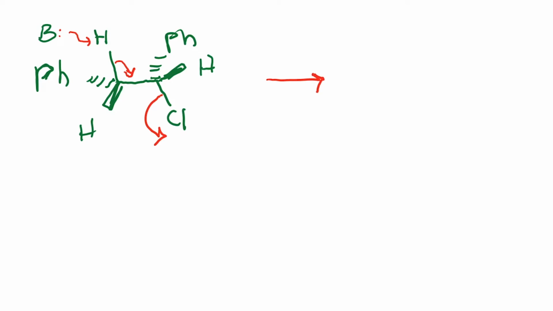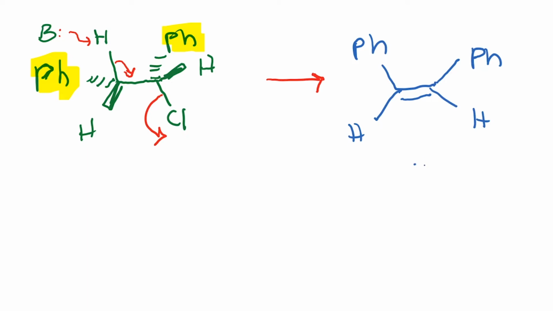Okay, so the way we draw out the product is that this phenyl ring and this phenyl ring are actually on the same plane. So you would end up with the following cis isomer or Z isomer. Now, I can always do some rotation of this bond, and if I do the rotation of the bond, then we'll keep this carbon constant and we actually rotate this carbon over here.